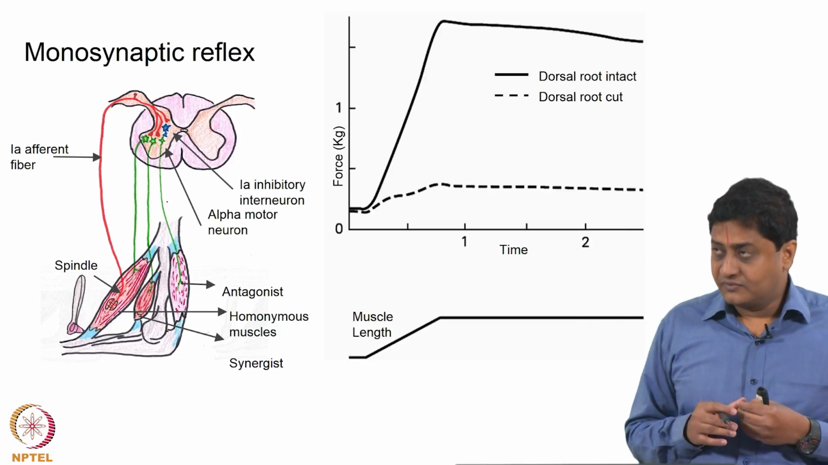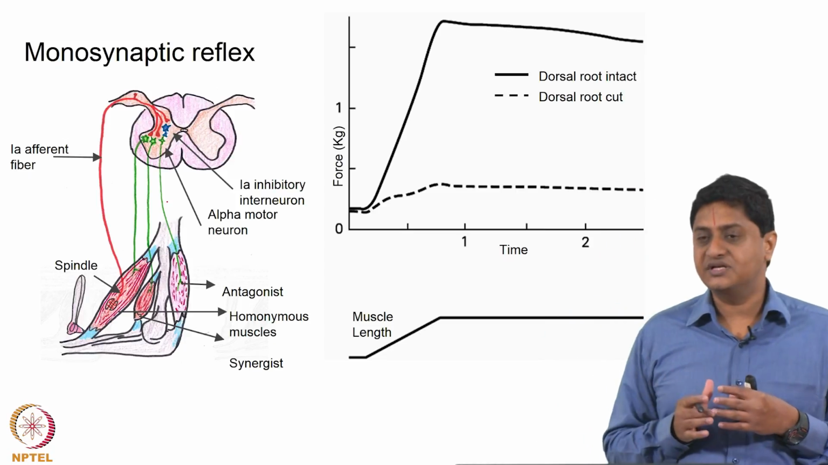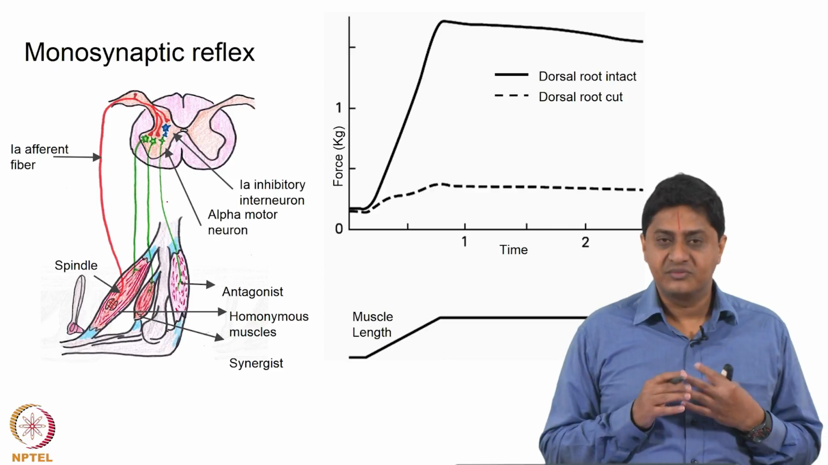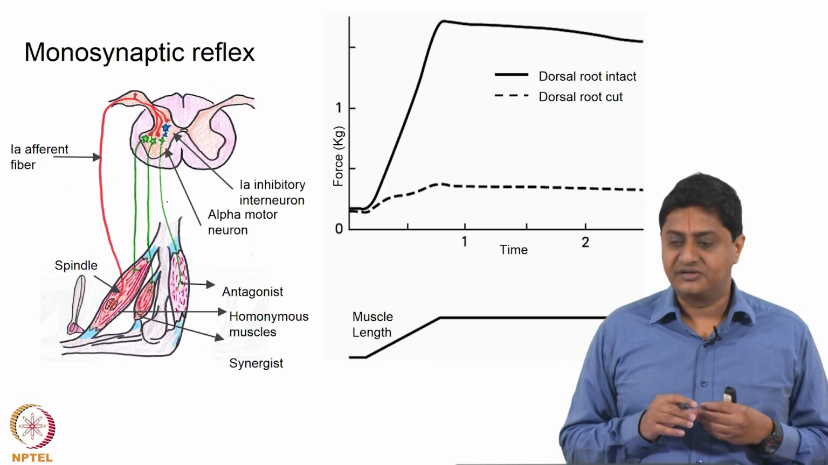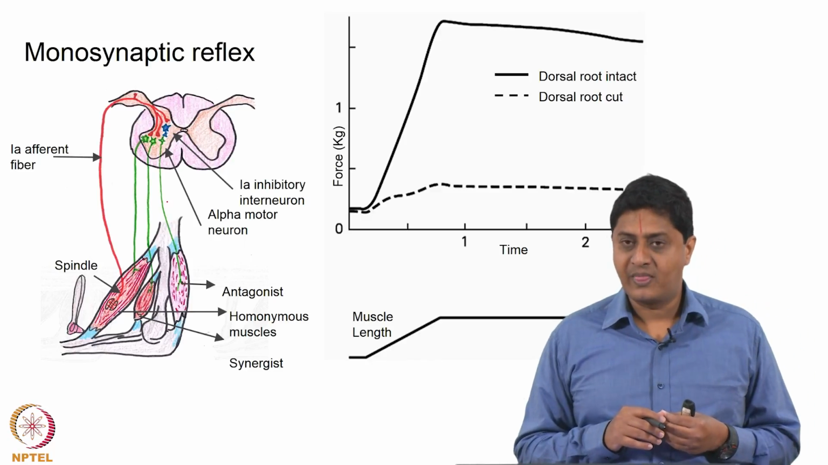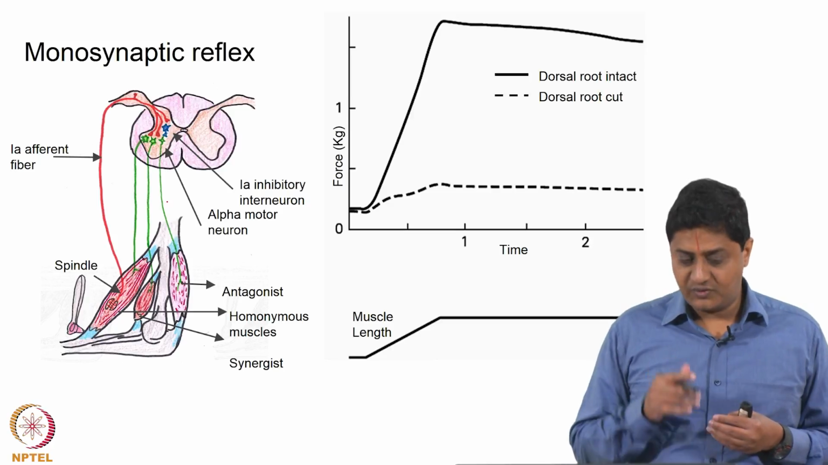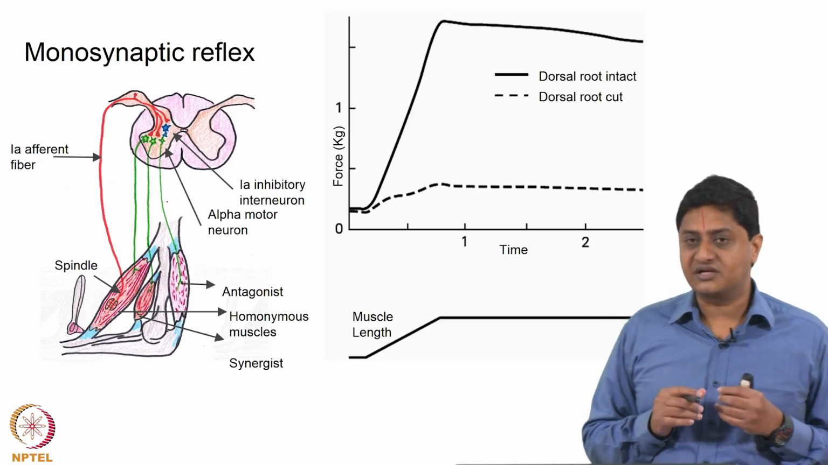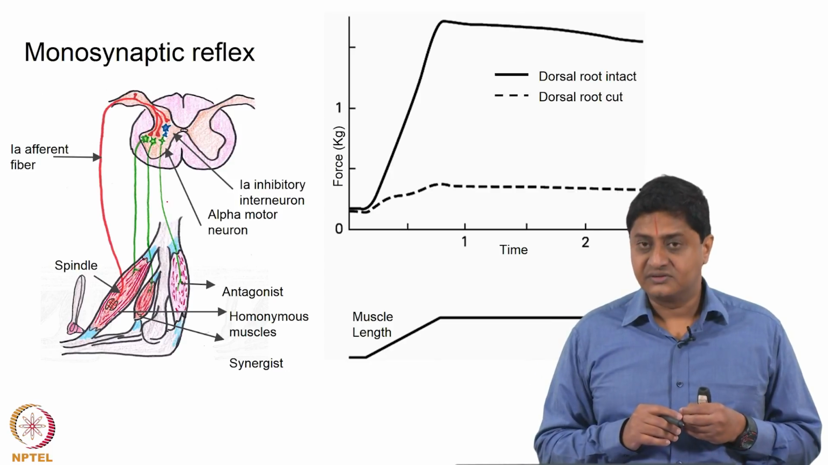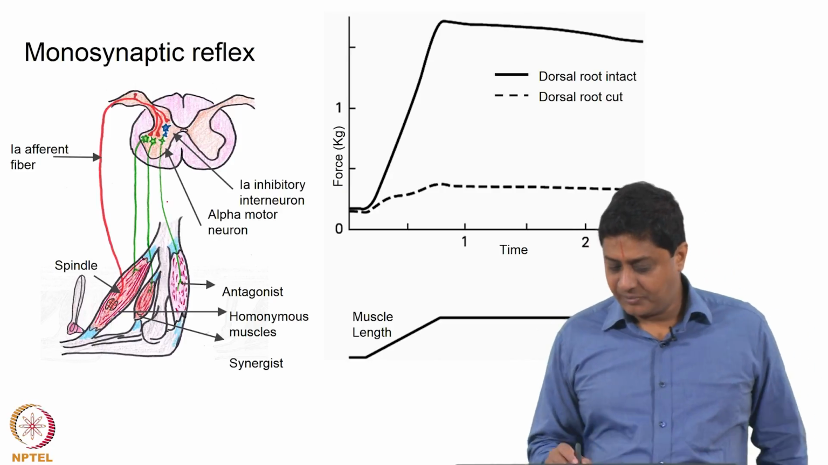For a long time, for centuries, it was thought that this is actually a property of the muscle. This is like a passive property, not related to control. For a long time this was believed. Only about 100 years ago, it was found that if you transect the dorsal roots, this response disappears. So, if you cut the dorsal root, what happens is